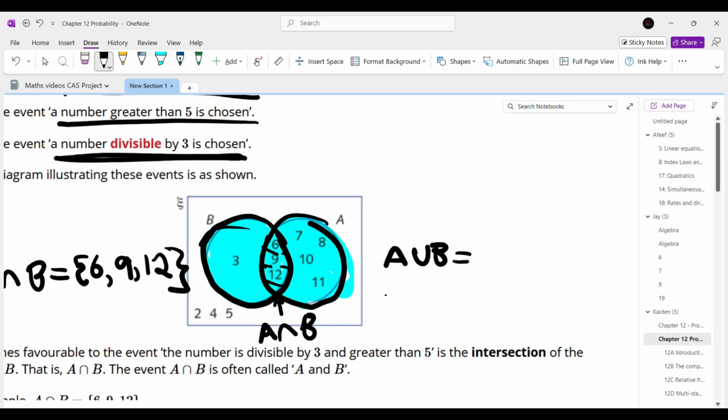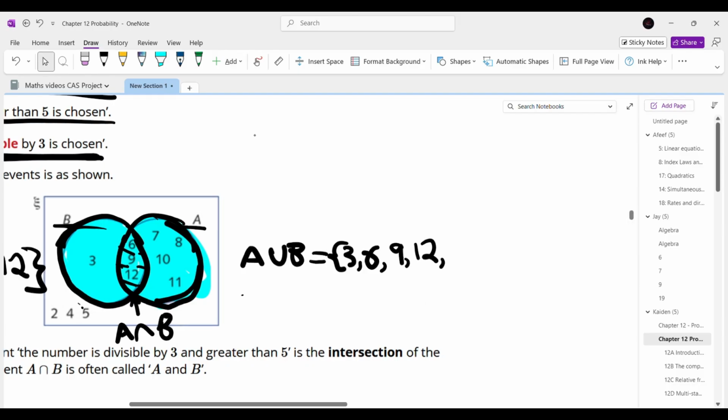or the conditions of B. So what that means is that we include both of these circles, and everything that is within either circle A or circle B is included, and obviously the stuff that's in neither of these is excluded. So the set of A or B here would be equal